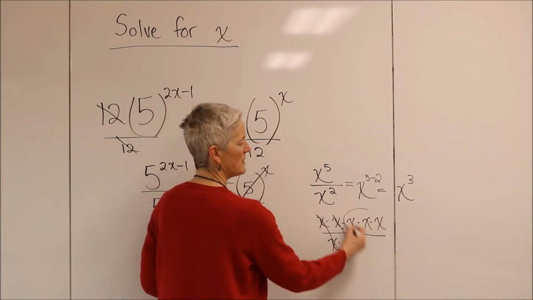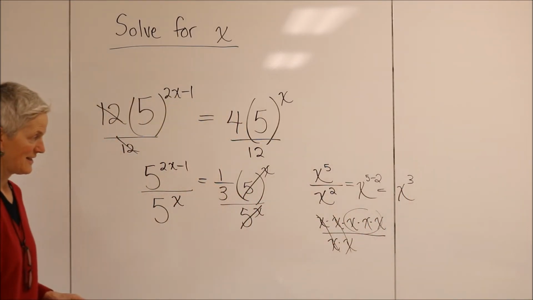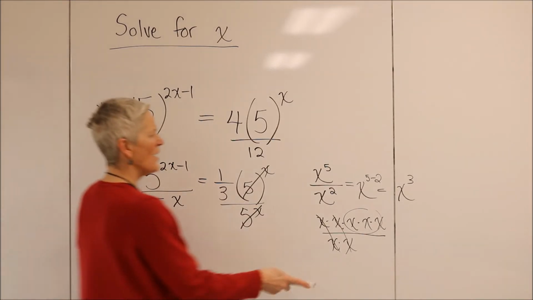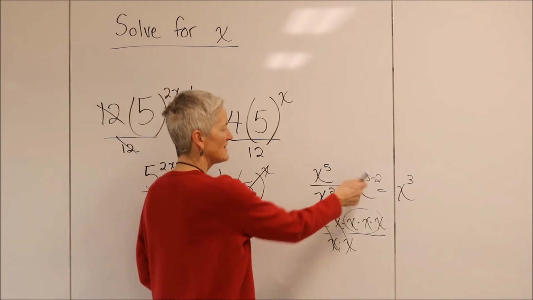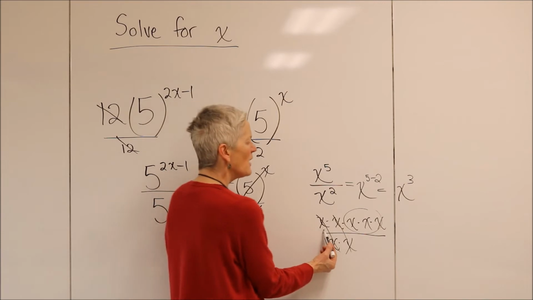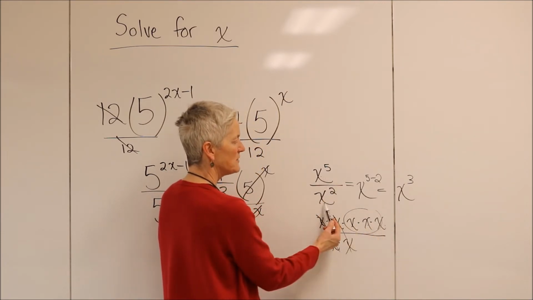Boom, boom, you're left with x to the 5th. Whoa. You mean to tell me that's why you subtract? Yes, you're just dividing through and canceling out some x's. And that's why these rules work, like when the bases are the same, you just subtract the exponents. That's nice to remember, but I always like reminding myself that it's just x times itself 5 times, divided